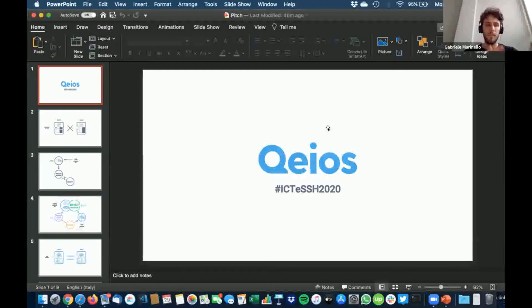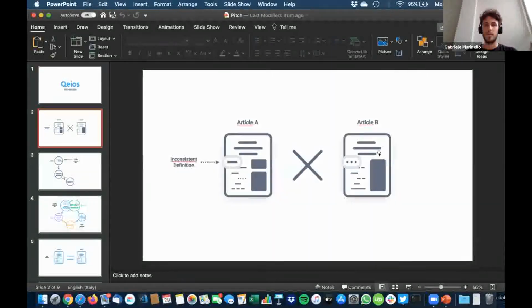Where the problem arises, the problem is actually pretty simple, and is this one. Consider now two research teams, and you can see my slide here, that are trying to find an answer to the same question, like what's the best treatment for this pathology, BRONJ.